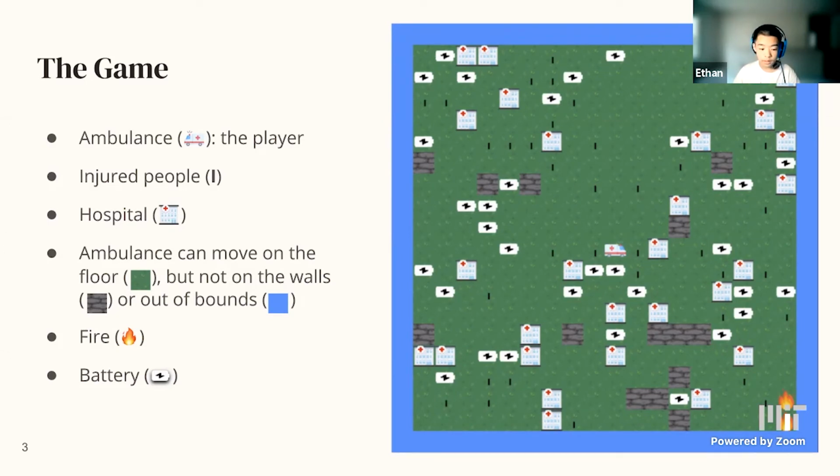How the game works essentially is the fire will spread over time. That's why it's concentrated in the corner of the map, and it will jump to random tiles close to where the fire is, and this will cause pedestrians to die. Our whole goal here was to see what kind of decision making would be best in this kind of changing game state, and how players and our pathfinding algorithm would prioritize which people to save.